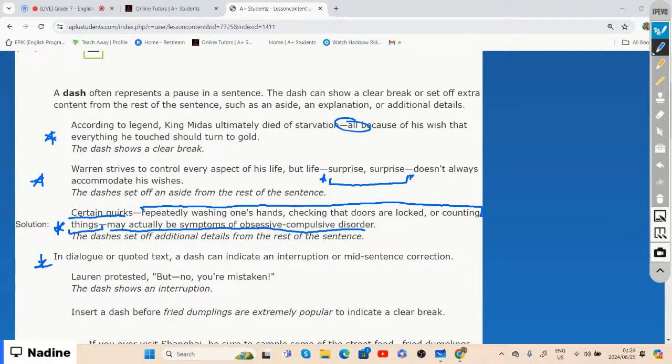"Laura protested, but no, you're mistaken." So firstly, this is what Laura directly said, because it's a quoted text. And if we look at the dash and where the dash is placed, it says, but no, you are mistaken, which basically shows an interruption. So we can insert a dash before Friday. So we will go on to the next activities,